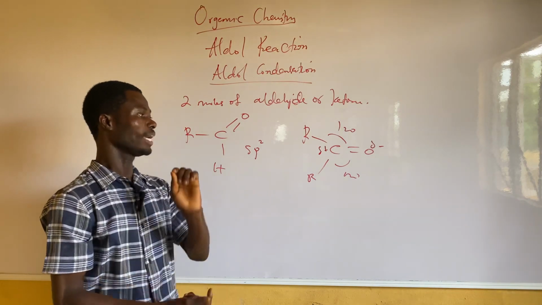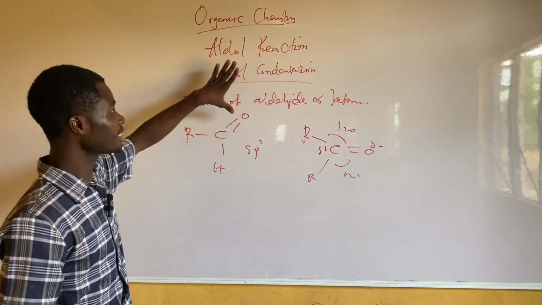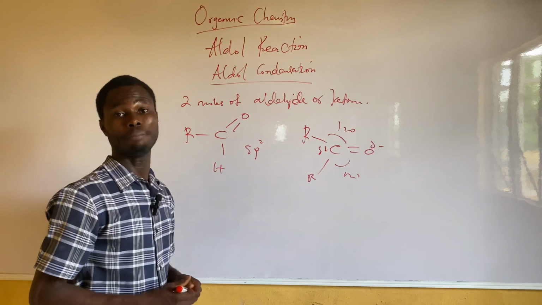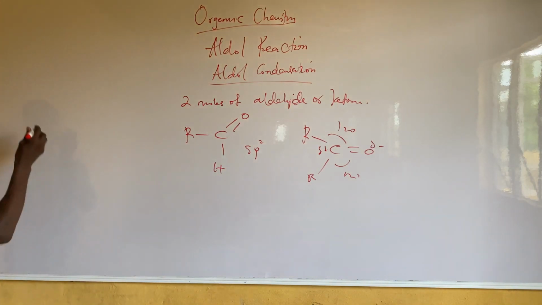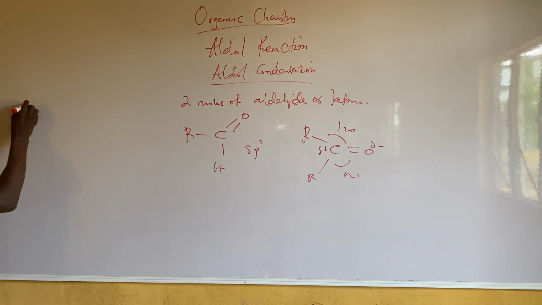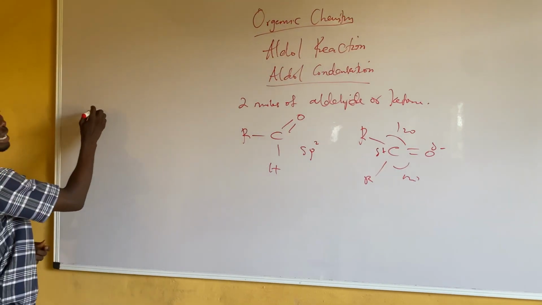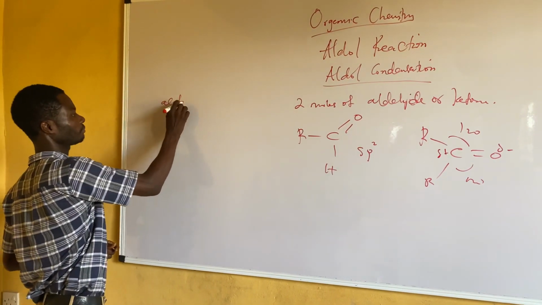Now, another thing you must understand, which is basically for this Aldol condensation, is this acidic beta-hydrogen. Now, let's take a very simple molecule. Look at acetaldehyde. So when you have acetaldehyde,